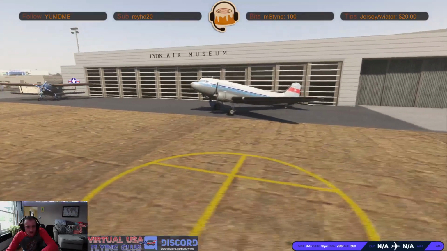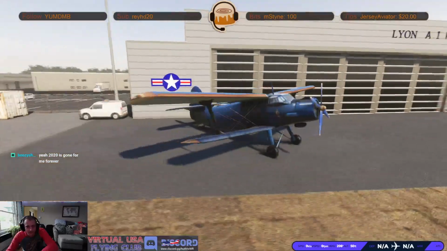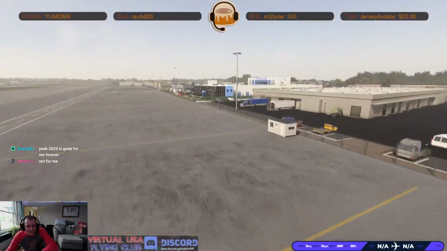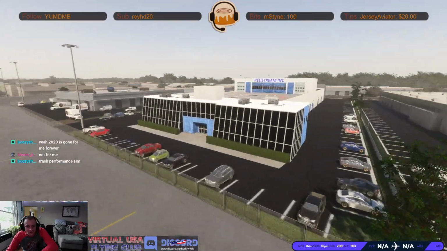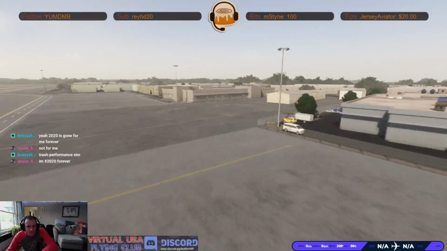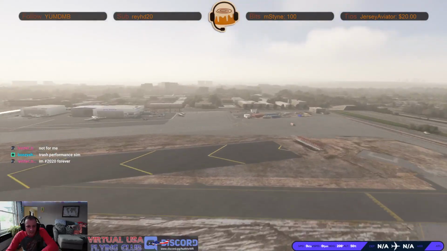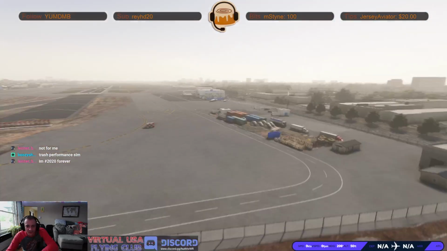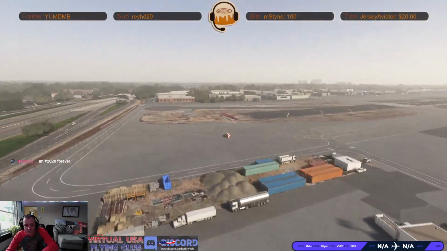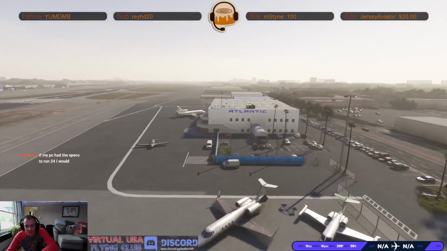You got, oh, look at this. You even got, look, the museum. You got a little fancy little DC-3. You got whatever this little guy is right here. Look at that. Let's see. Hellastream Inc. Whatever that is. I mean, that's just an unbelievable amount of very specific and high quality detail that's put into a free